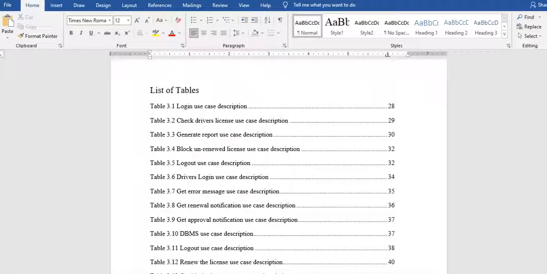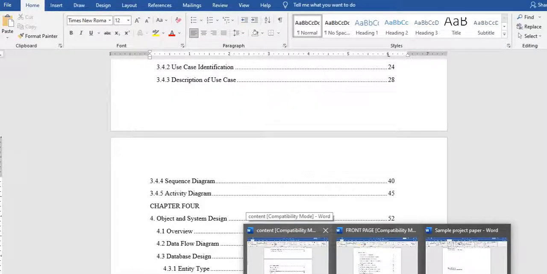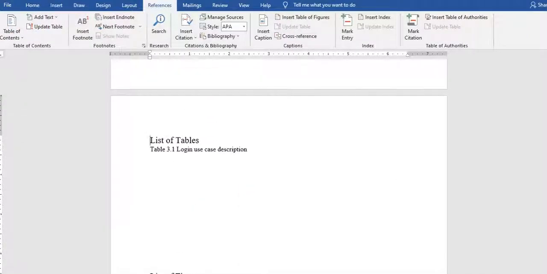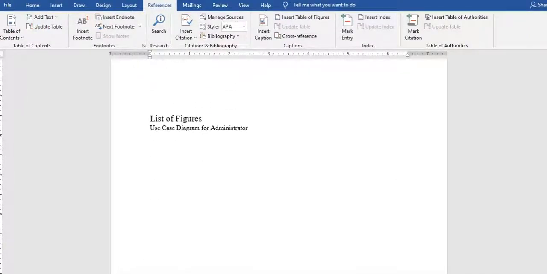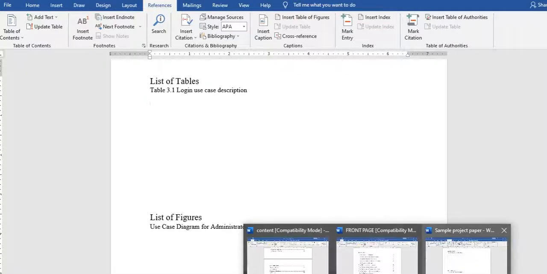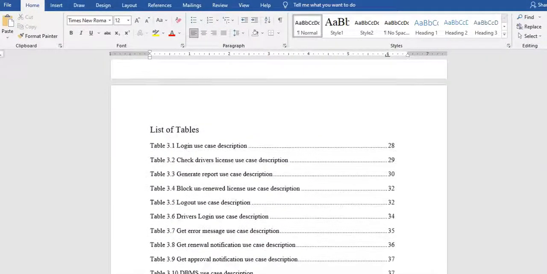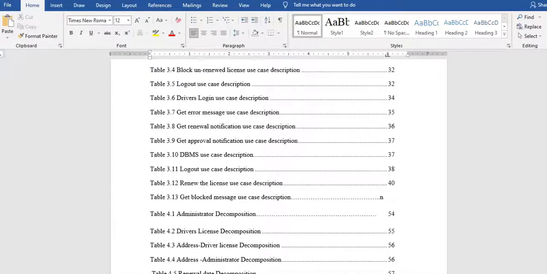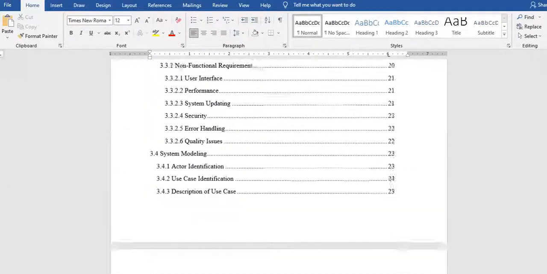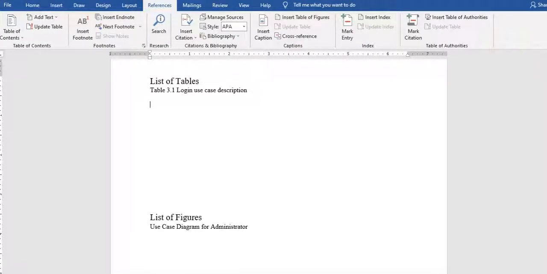Let me show you how to prepare a list of tables and list of figures. If you have many figures and tables like the project paper that I showed you, you can give one page. For the sample, for the time being, I will show you half a page. For example, table 3.1